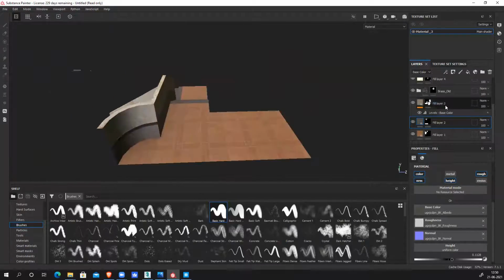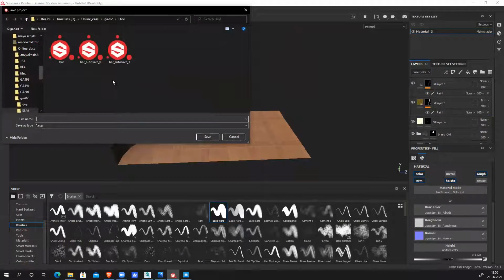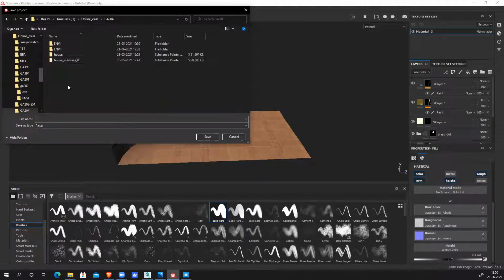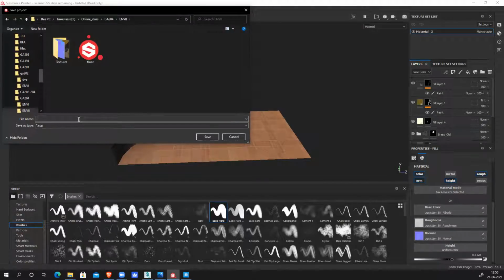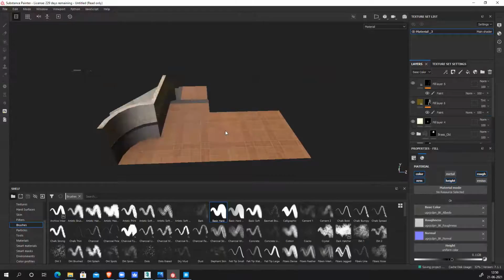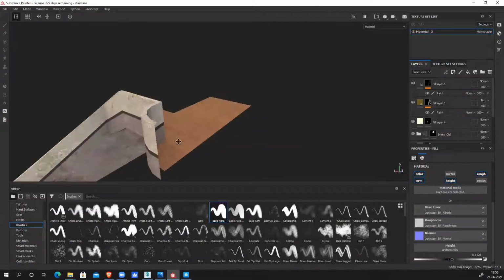Base texture is ready. Now, once your base texture is ready, you need to add, I'll save the file first. Yeah, done.